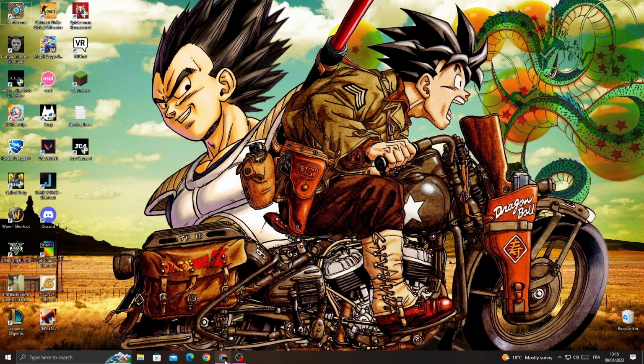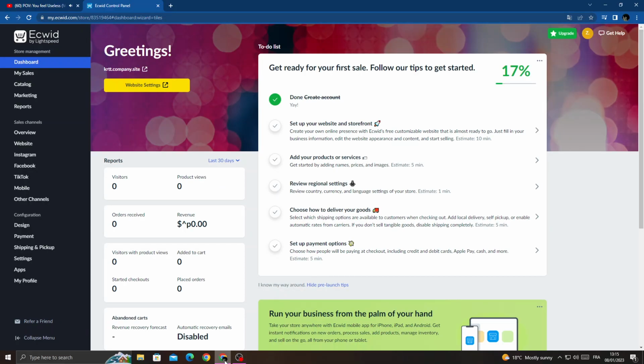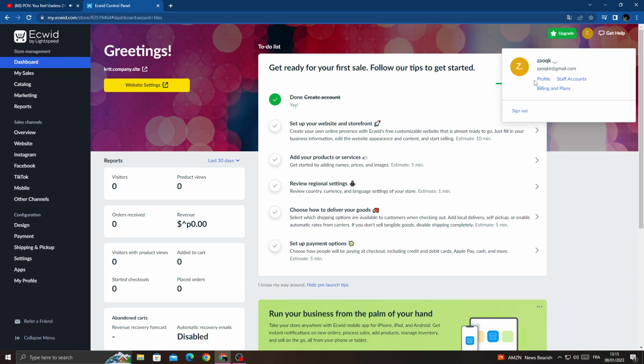First open your browser, and then once you're here, click on your profile, and here we'll find profile. Click on it